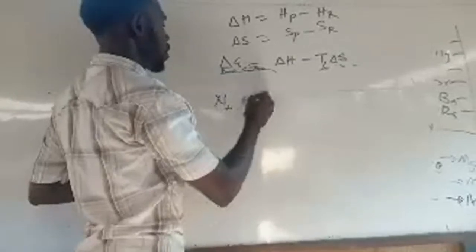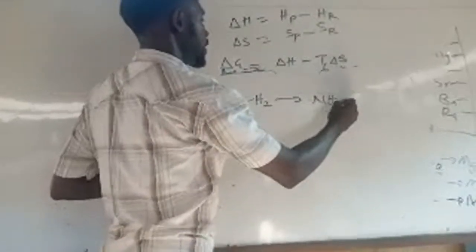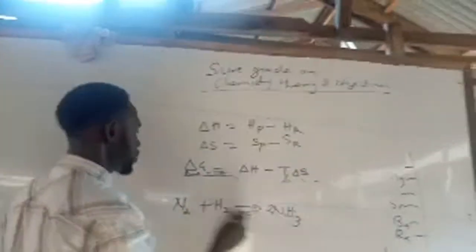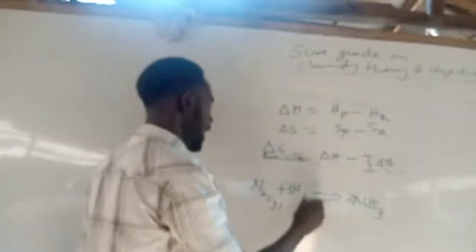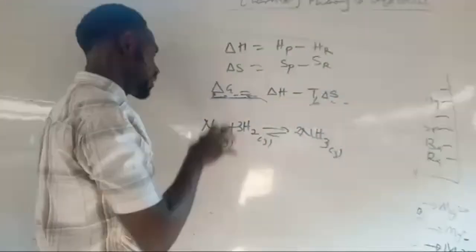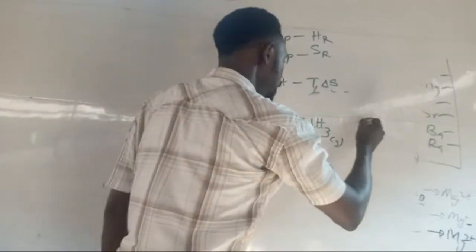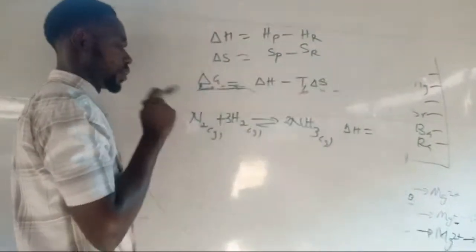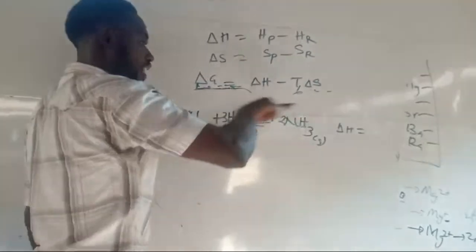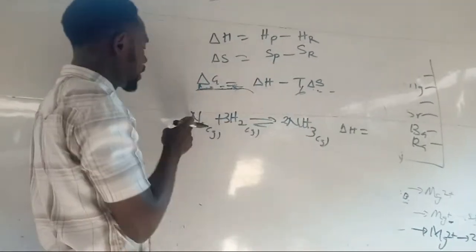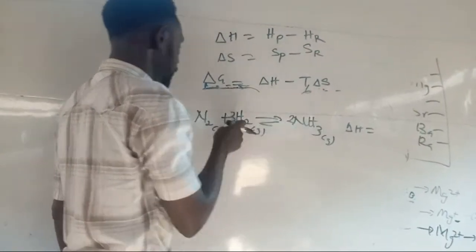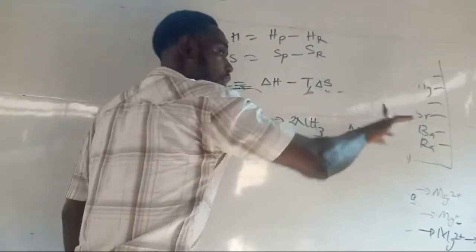Like nitrogen combining with hydrogen to give you ammonia. That is during the Haber process. In this case, balance the equation. There should be 2 here, and when 2 comes here, there should be 3 here. Remember, this is gas, gas, and gas. Haber process, that's the industrial way of producing ammonia gas. In this case, even if change in heat was not given to you, you should predict it. Look at the secret. Class, in any exam, heat change is only for the forward reaction, please. Any heat change I will give you here is only for nitrogen combining with hydrogen to form ammonia, and not ammonia breaking down. Heat changes are for the forward reaction.